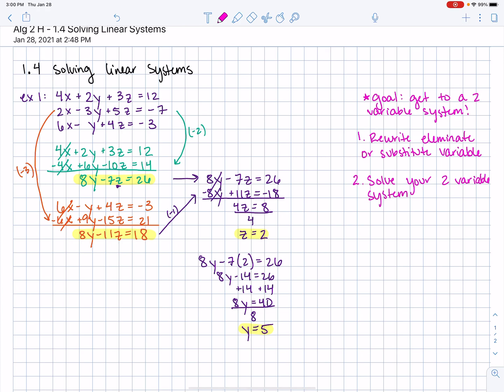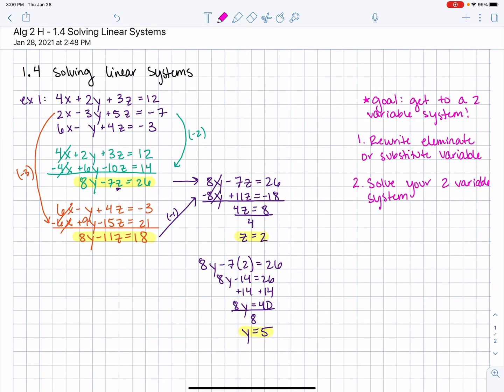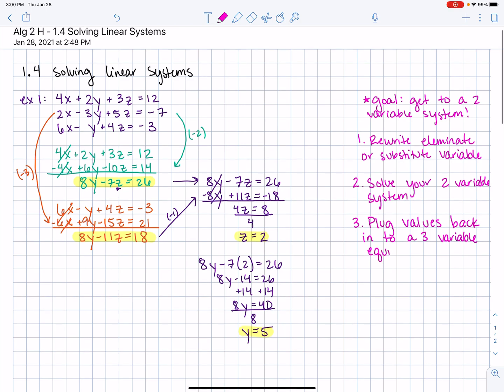So our two variable system here was z and y, but it could have been any of your two variable systems. And the last step before checking your work is to plug values back in to a 3 variable equation